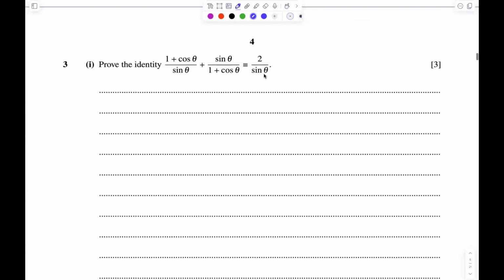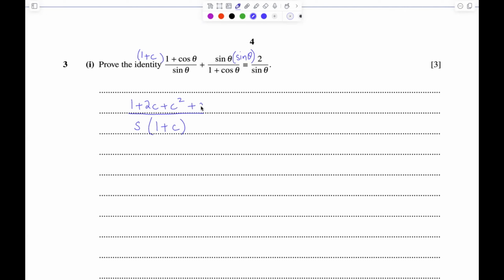So question 3 is, the first part is we have to prove the identity. Now the easiest way to prove the identity is just to treat it as an algebraic equation, and we have to prove this left hand side as equal to the right hand side. So taking the LCM on the left hand side, the LCM will be sine multiplied by 1 plus cos. So 1 plus cos will multiply by 1 plus cos, and sine will multiply by sine after taking the LCM. So 1 plus cos multiplied by 1 plus cos is 1 plus cos whole squared, or we can also say 1 plus 2 cos plus cos squared,